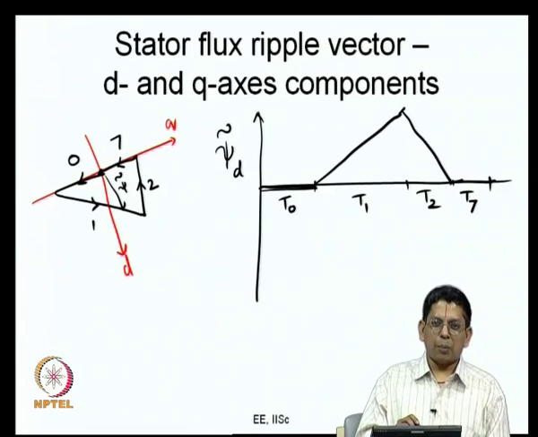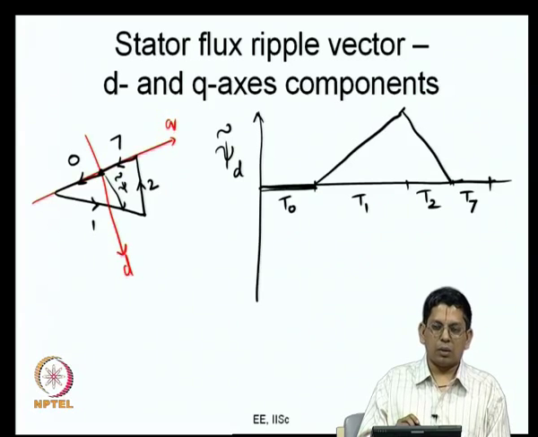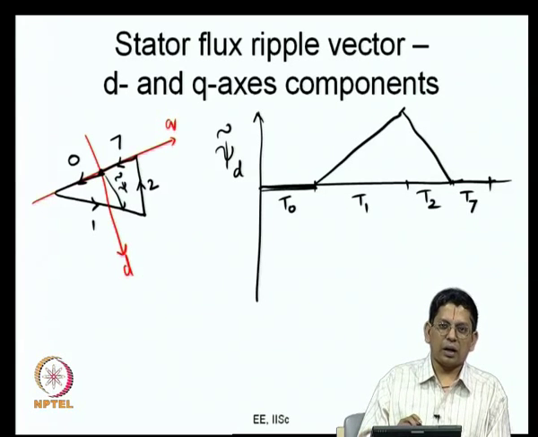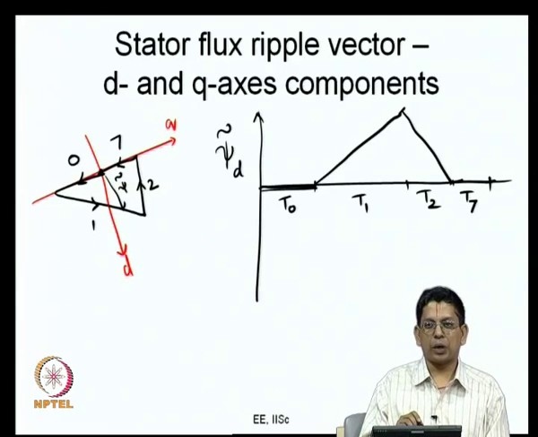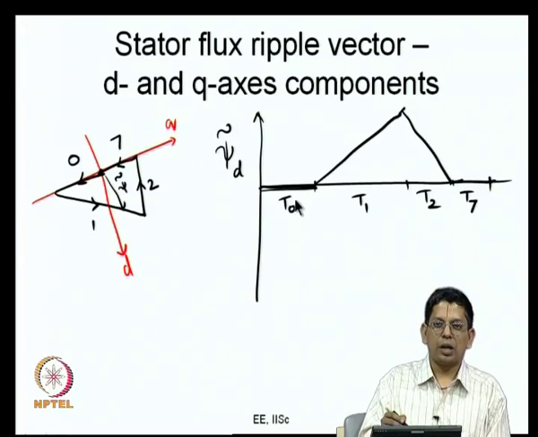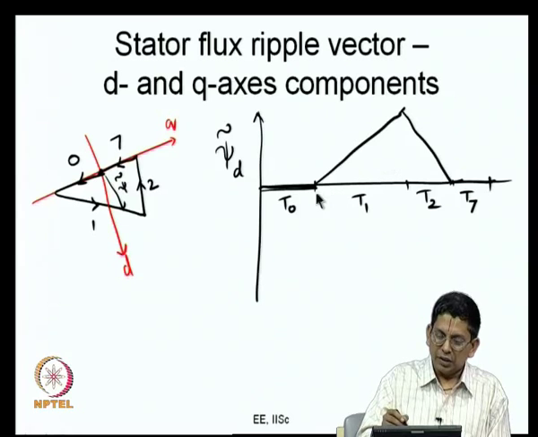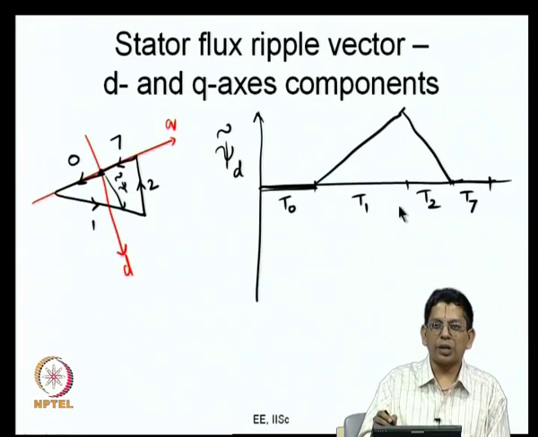And so the applied voltage, what you are looking at is the difference between the applied voltage vector and the reference vector, and that you are resolving along the d axis and the q axis components. So, within this interval the error voltage vector is unchanged, it has a d axis component and some q axis component, and the d axis component is 0. And within this interval T1, again your error voltage vector is constant, though it is different, it is the V1 vector minus the V reference vector, and it has a certain d axis component, and that d axis component is the slope that you see here.